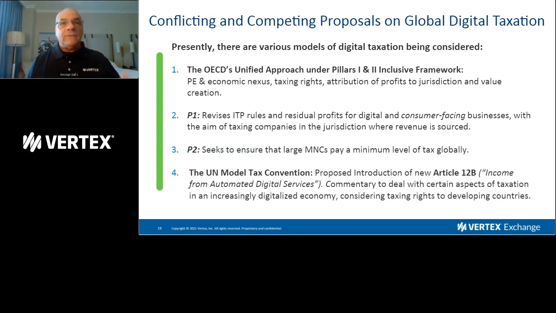So instead of having, up to now, unilaterally, meaning nations have been literally drafting and enacting their own national digital taxation. Right now, we have approximately, I believe it's 37 or 38 around the world, both in Europe, Asia, and Latin America. The problem that we have with these different models